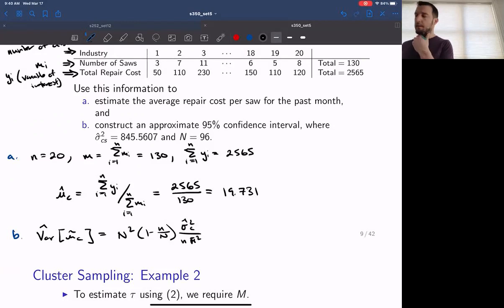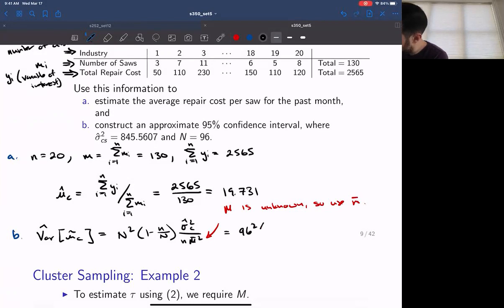And then for the m bar, we don't have capital M. So capital M is unknown, so use little m bar, right? Okay, so this is going to become